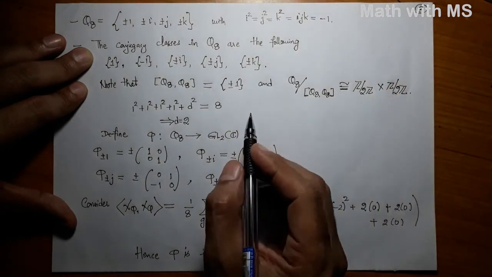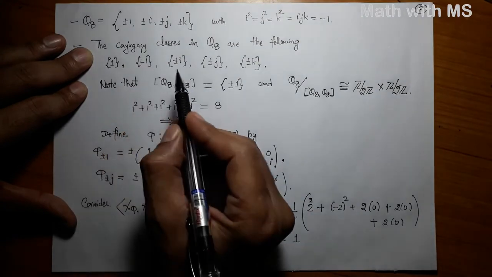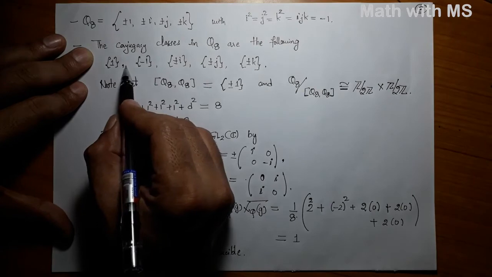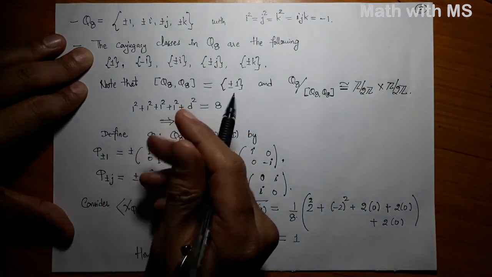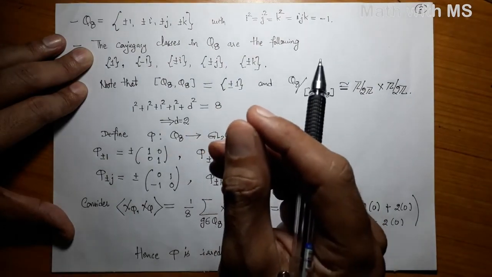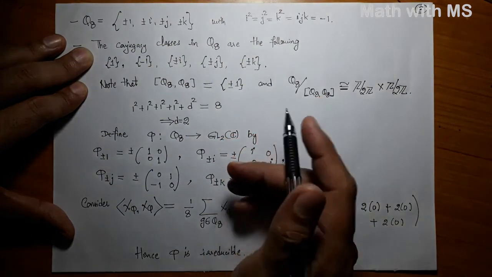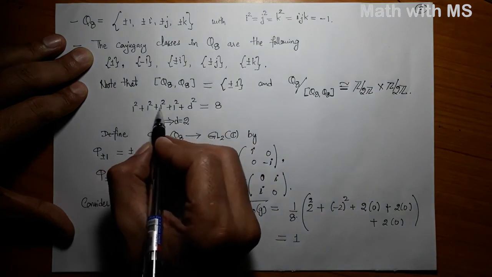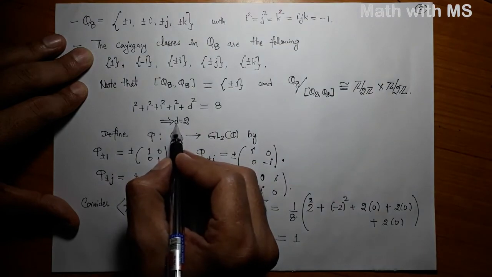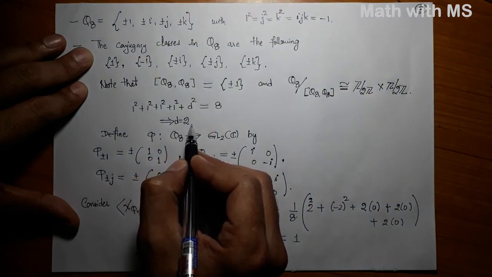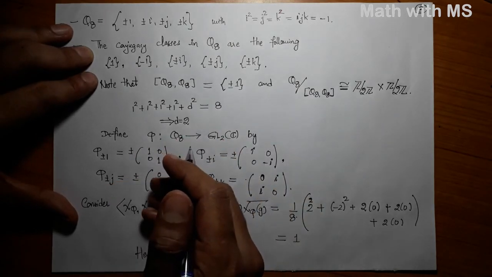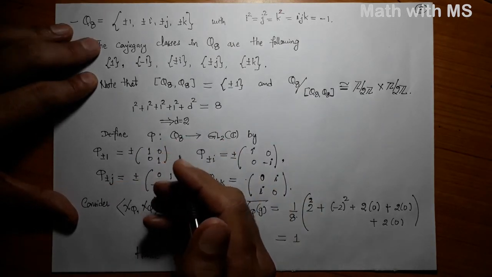So now we know that there must exist one more irreducible representation of Q8 to make it 5, and let us say its degree is d. Then we know that the sum of the squares of the degrees of all inequivalent irreducible representations is equal to the order of the group. Therefore 1 squared plus 1 squared plus 1 squared plus 1 squared plus d squared should be 8, which implies that d has to be 2. So now we define an explicit degree 2 representation of Q8 and we show that it is in fact irreducible.